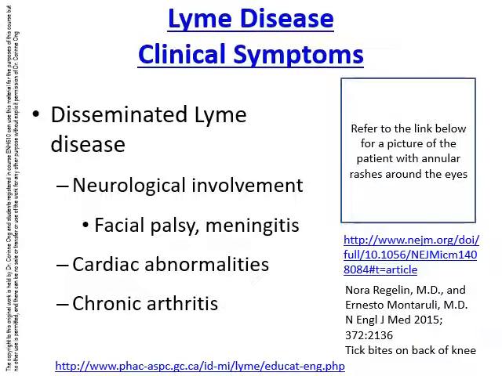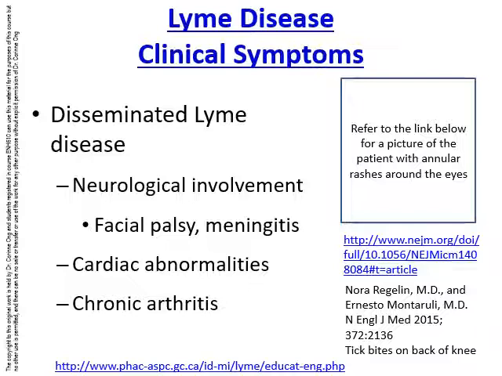There may be neurological involvement such as facial palsy and meningitis. The heart may also be affected, and cardiac abnormalities may be present, such as resting heart rates of over 100 beats per minute. There may also be chronic arthritis with joint pain, which although common in the elderly, is very